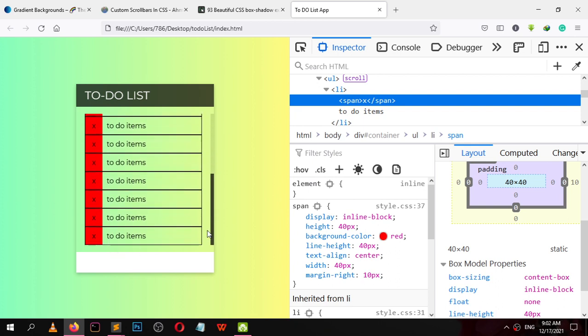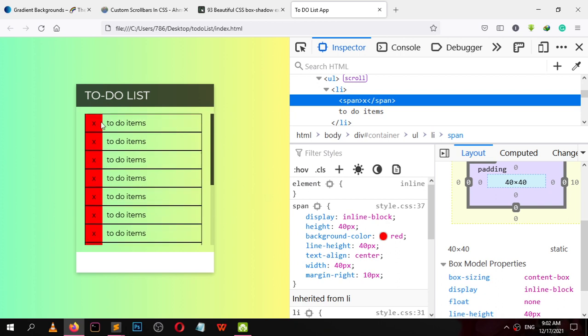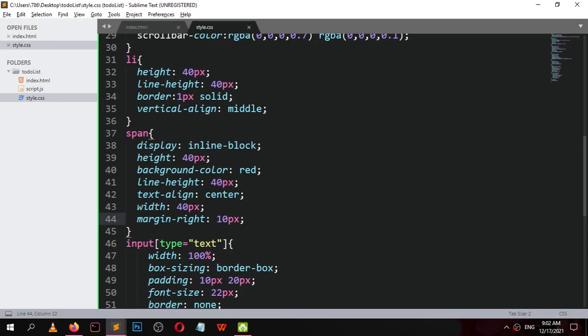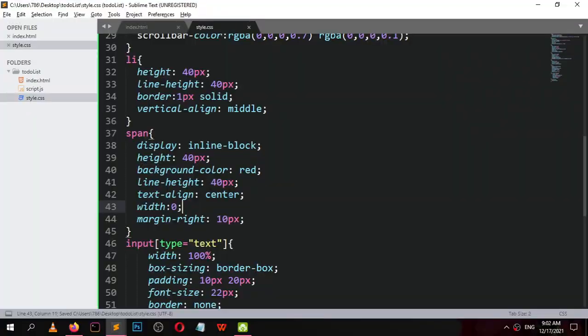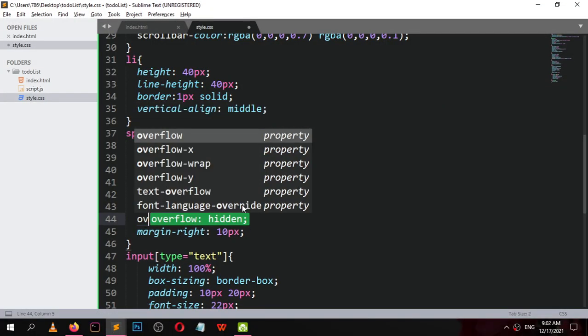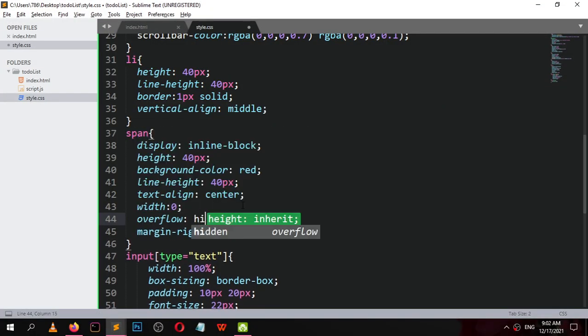But what we want is this X element should be hidden, and when someone hovers over the li, the X element for the current hovered li should be visible. So give this span a width of 0, and overflow should be hidden.